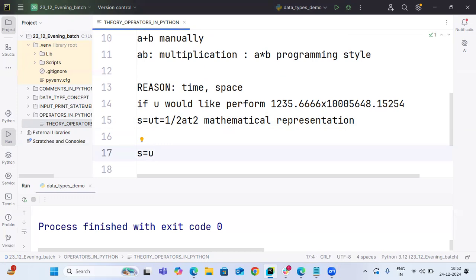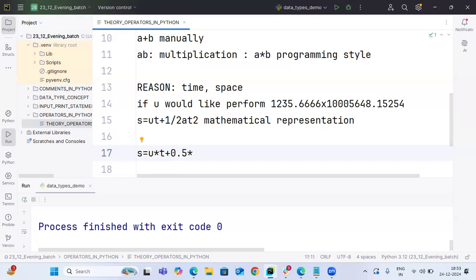Firstly, we are not giving an input; later we can define the input. Programmatically, S is equal to U... S is equal to... T. I'm expecting one operator to be included here. What is that? UT you cannot write directly. Yes, the multiplication operator, sir. Exactly. Asterisk, the multiplication operator: U asterisk T. Half is going to be represented as 0.5